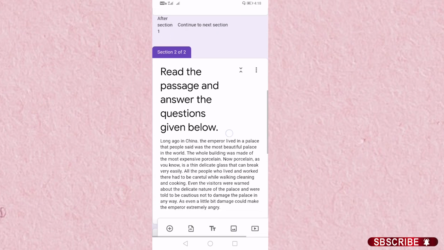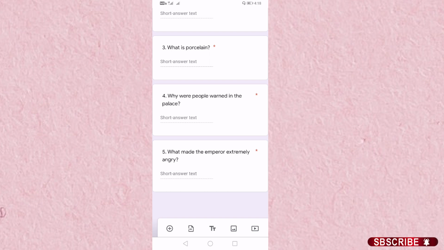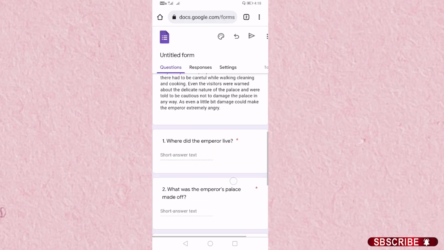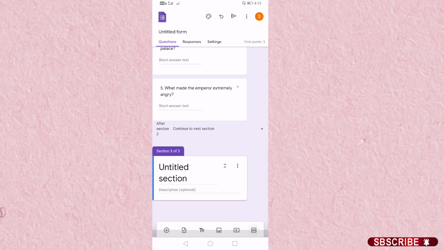Then we have taken a question from previous Google form. Now let us prepare a question. Now we need a new section. This was a section for passage. So for adding a new section, just go on the rectangle boxes that you find on the bottom right corner. So I am going to click on that, and now here as you can see we have created third section.